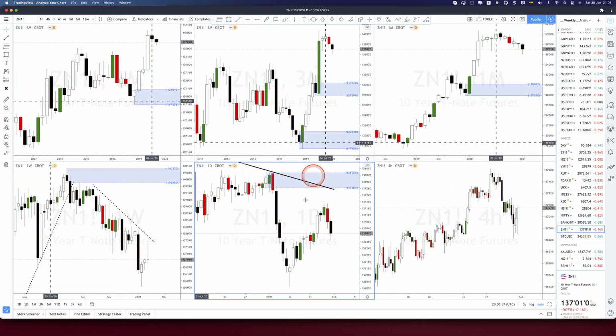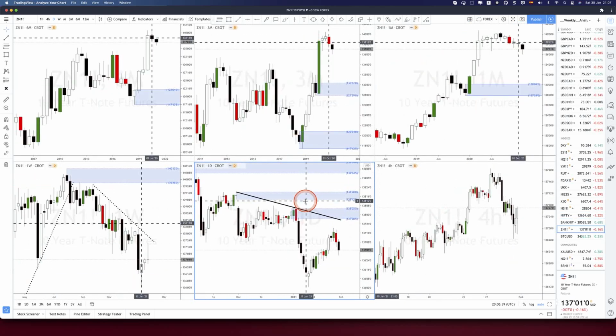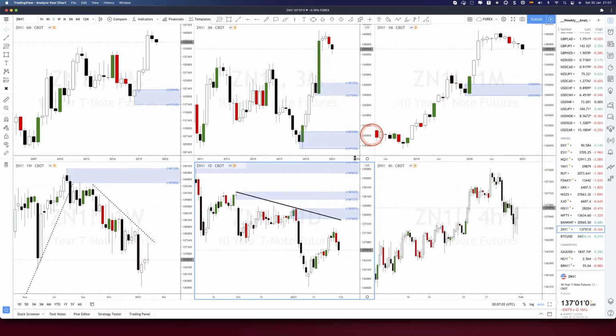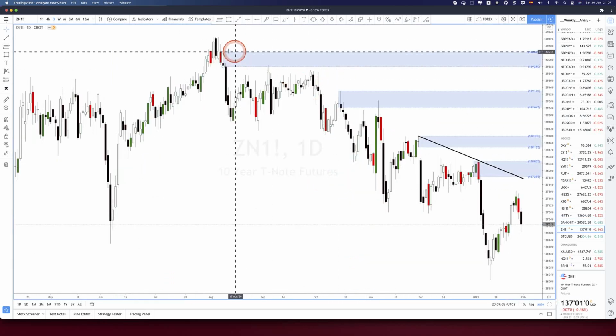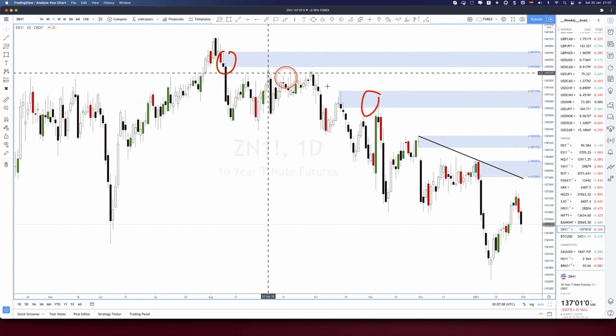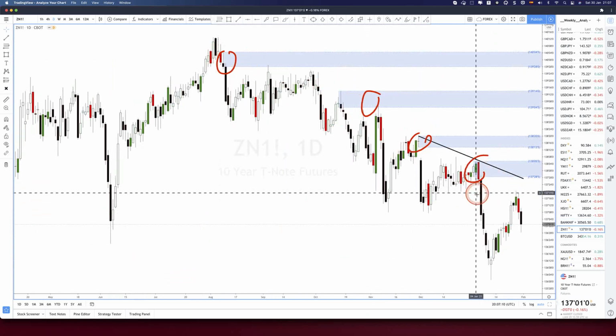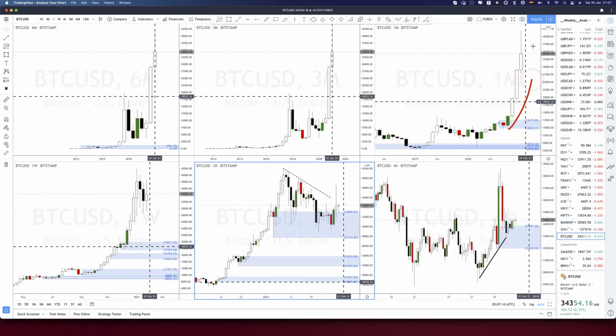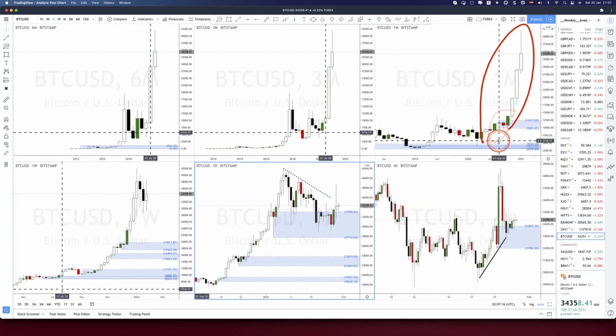Counter trend shorts on 10-year notes, as explained in previous analysis. Longs will be possible again at monthly and 3 months areas of demand. Previous daily areas of supply, counter trend played out. Those two, no retracement yet. Bitcoin, very strong rally. Longs at monthly average demand on the monthly sequence.